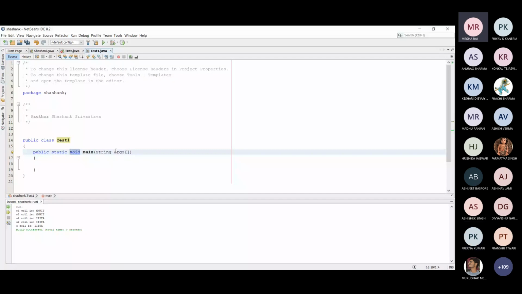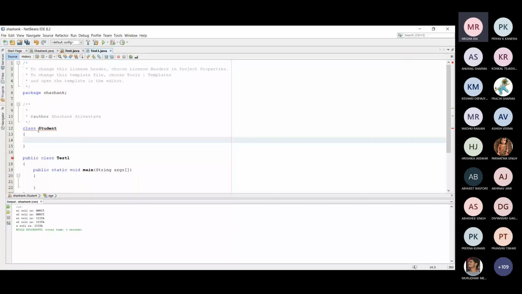So now we need to create a class here, and then we will see how can we create the object of that particular class. So just write, let's suppose student class, okay, class student. So basically in this package, student class is already there, because in the previous time I have already created a student class. So just I name it as student1, right? Class student1. So student1 is a class.